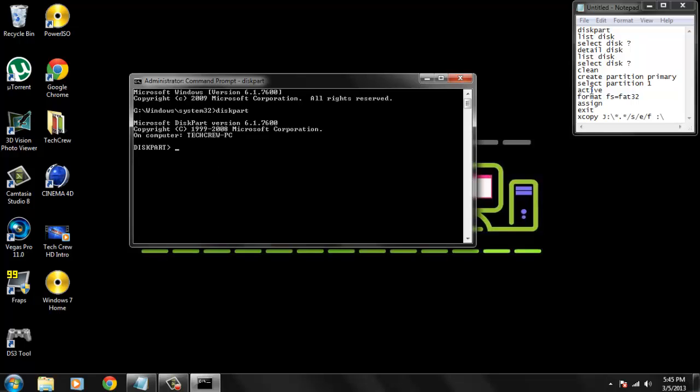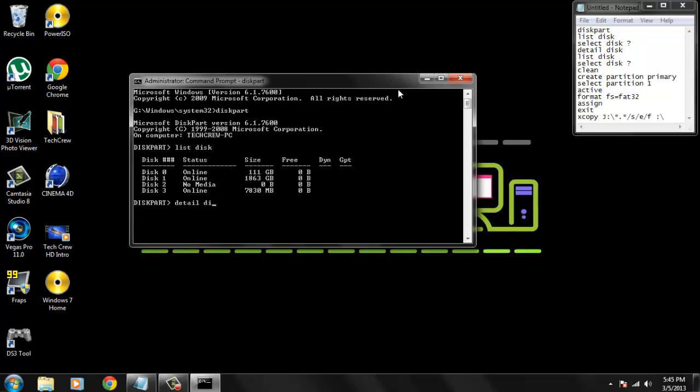After you're in diskpart, type in list disk, and also I'm going to have these in the description box, so you can go ahead and check them out. And you'll see pretty much every disk that's online right now. Look for the one that you have, such as I have my 8 gig USB right here. And if you're not sure, you can go ahead and type in detail disk